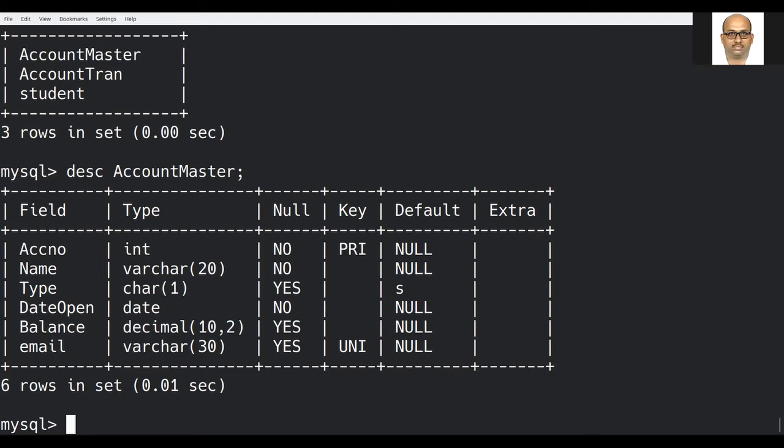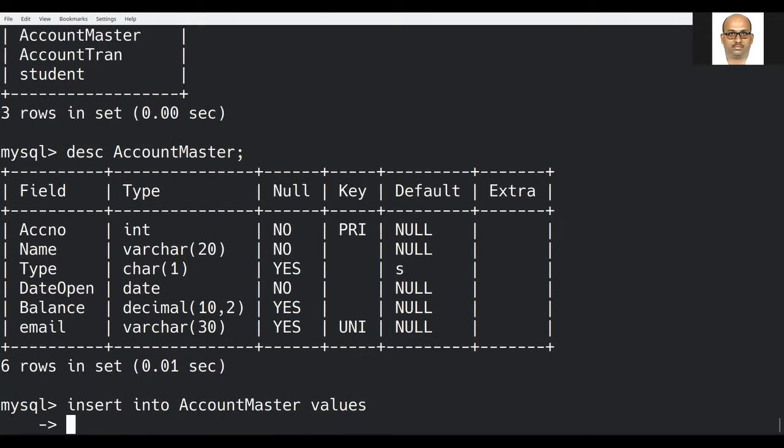As I said earlier, while inserting the values itself, it will check for the data integrity. Once the constraint is not satisfied, it will throw an error. So insert into account master values. What are the values I'm going to insert?